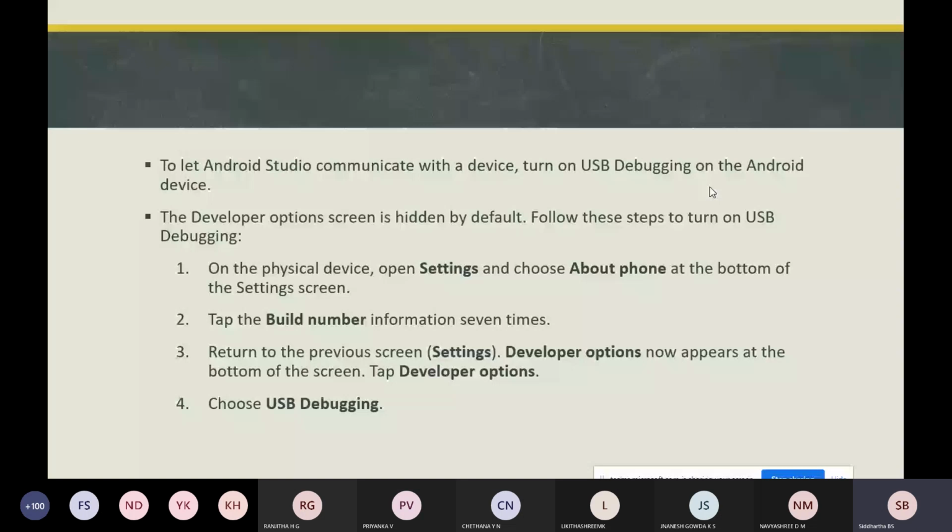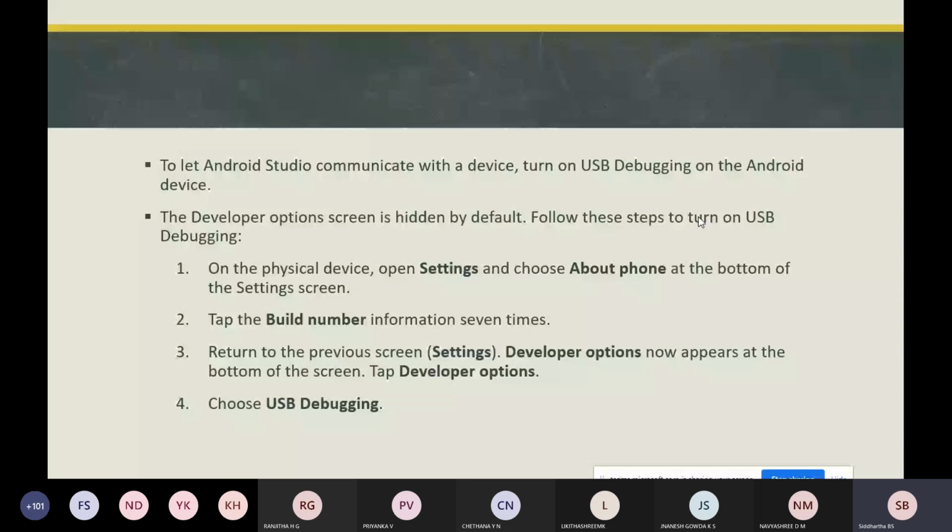By default, in any Android device, the developer options will be disabled. If you want to turn on USB debugging, you should have developer options in your Android device, but they are hidden in every Android device.